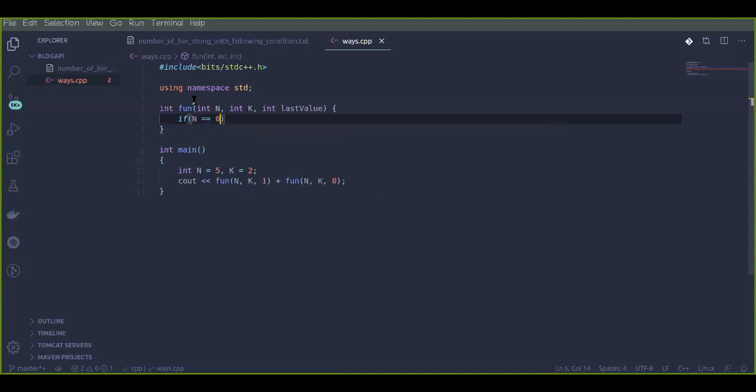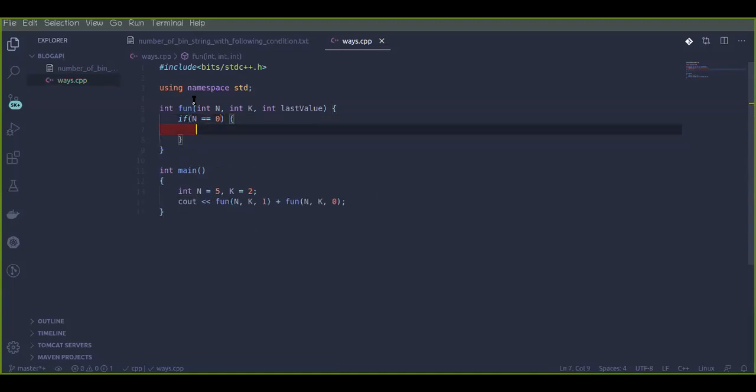I mean, when n equals 0, then only we should stop. Let's say I am asked to just find out the number of strings possible for any particular k, but n is 0. The length of the string could be 0. See, in a binary string, we have at least one character.